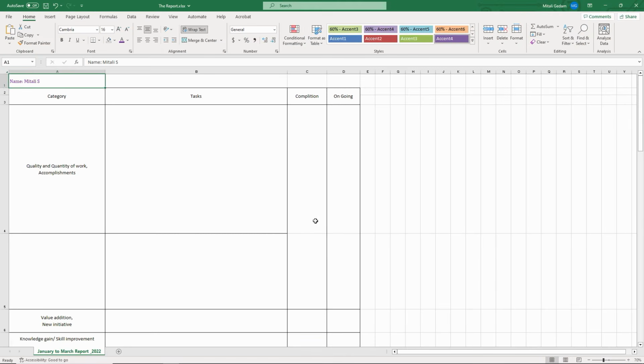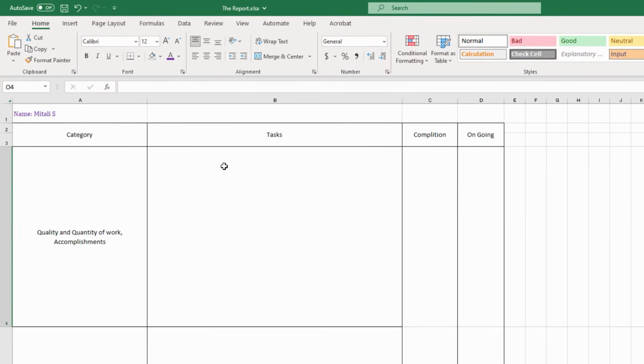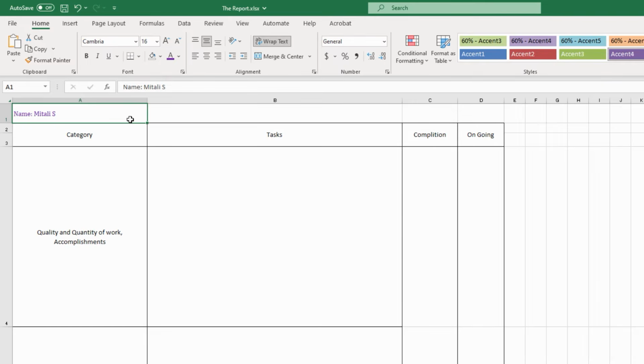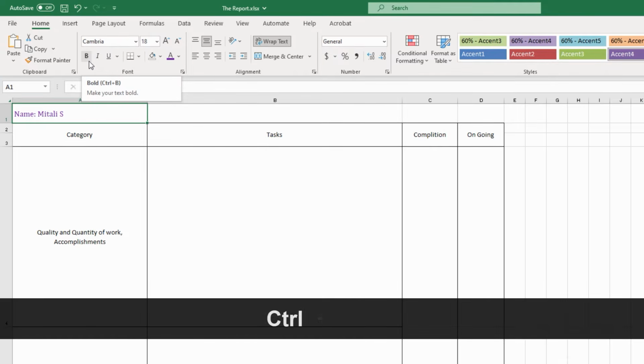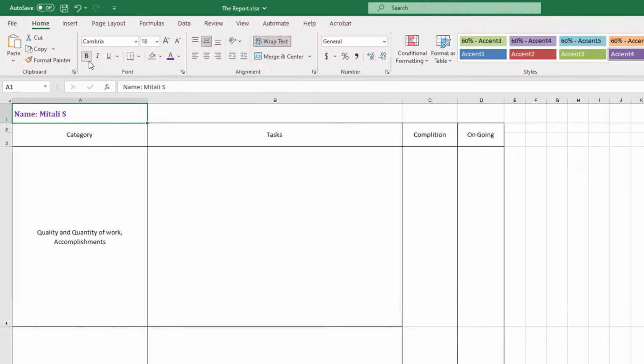To change the font size of the text, select the text of the cell or you can select the column. In the Home tab, you can increase the font from the numbers given here or you can type the desired font size manually. Another way is clicking on Increase Font Size option or Decrease Font Size option. To make the text bold, click on Bold or the shortcut key is Ctrl+B key. Make sure the text or cell is selected first.